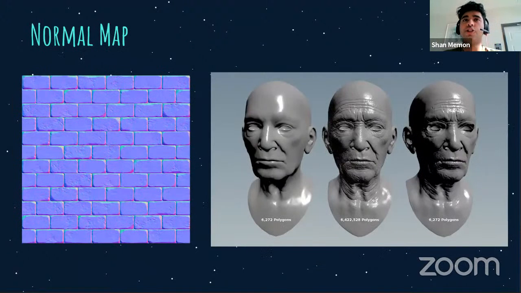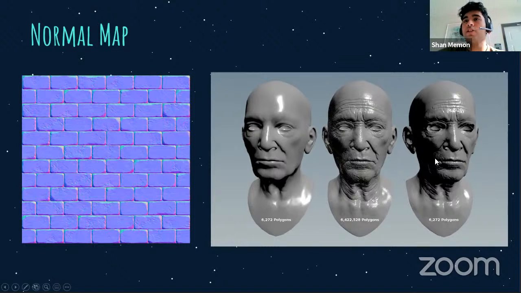So an example of a texture that's used quite commonly is a normal map. A normal map looks like this weird blue texture. All it does is add fake depth to the model without using vertices. If you look at this example, this model right here has about 6,000 polygons. This model has 6 million polygons, and you can see the difference in detail, how this one has so many ridges and wrinkles. But this one only has 6,000 and it has quite more detail than the one over here on the left, and that's because we have a normal map applied to it.